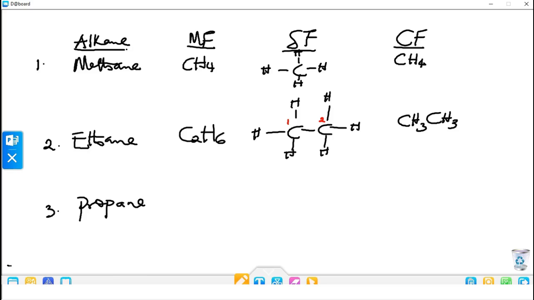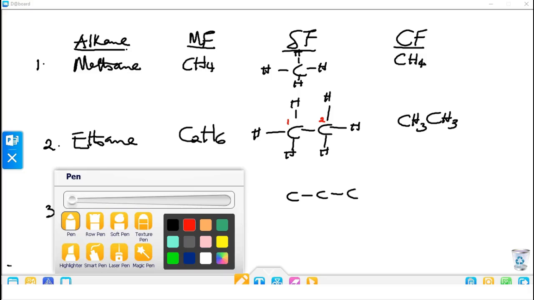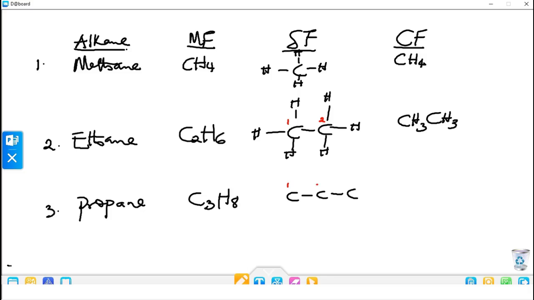Propane is C3H8. Since it is C3H8, it has 3 carbon atoms in the structure, and each of these 3 carbon atoms has single bonds between them. Let's say this is carbon 1, carbon 2, and carbon 3. If that is the case, then it implies that